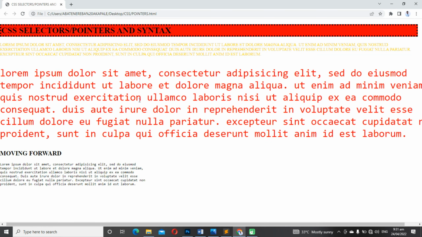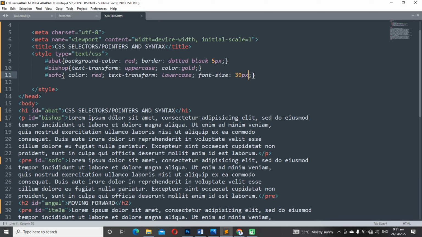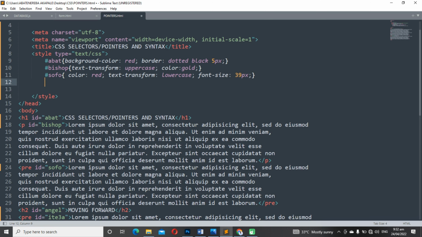So this is what I have for the p tag that says bishop, or was it shuffle? Let me check. Yeah, that was for shuffle. And then the other preserve tag, which is ITE3A, and I open,